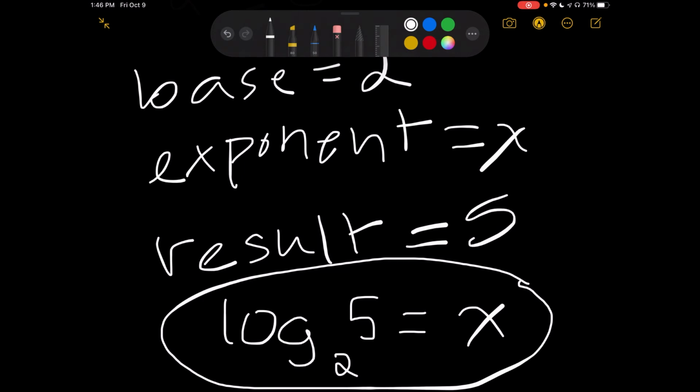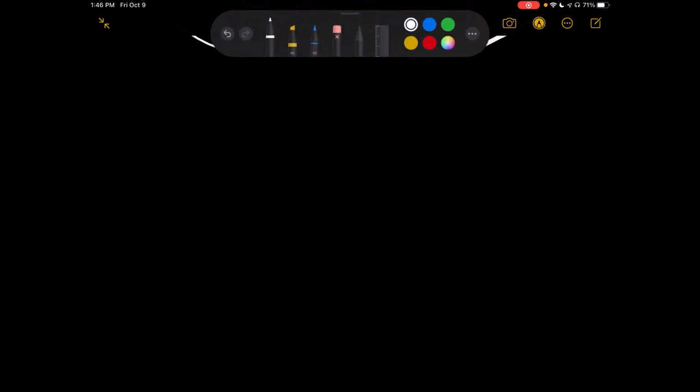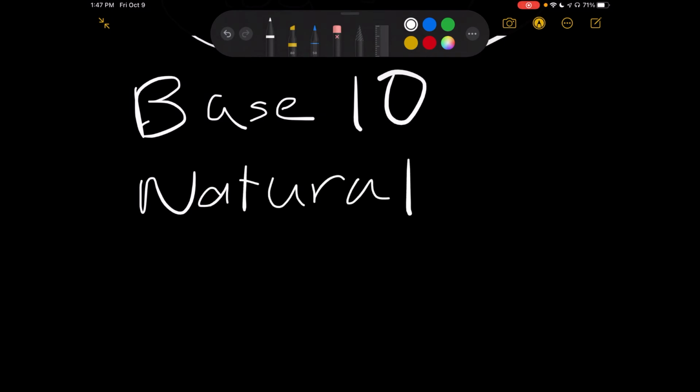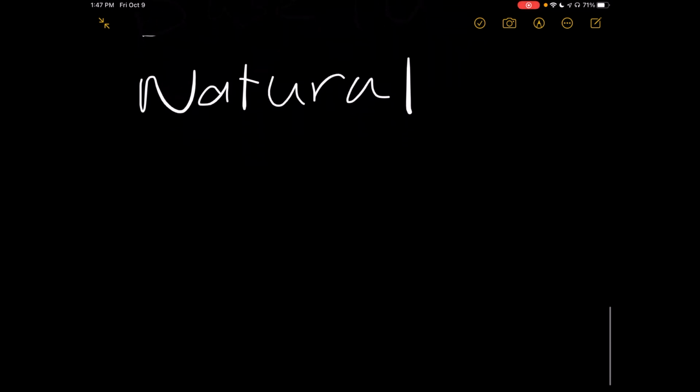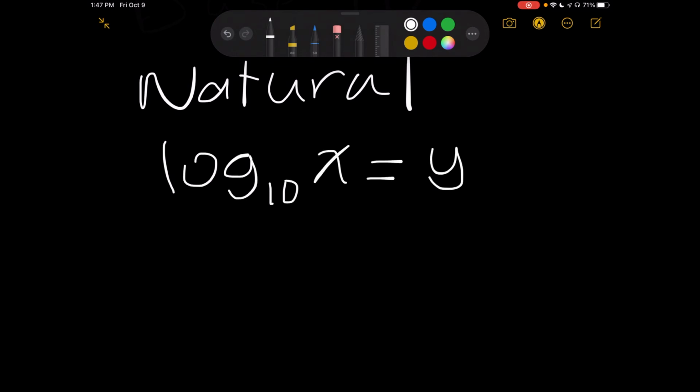Now, there are two main types of special logarithms that you should know. This is the base 10 logarithm and the natural logarithm. Now, these two logarithms are very special because we see them a lot in mathematics. The base 10 logarithm is basically a logarithm with base 10. And usually we omit the 10, so this becomes log